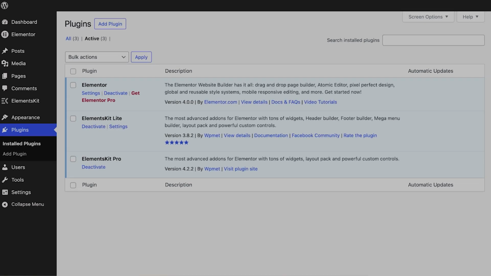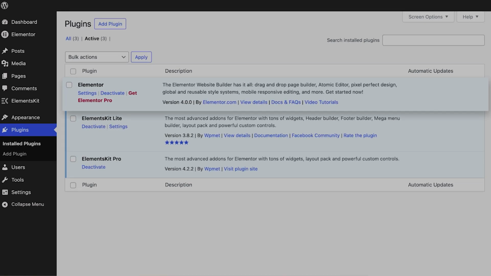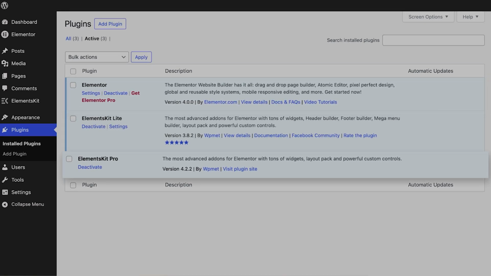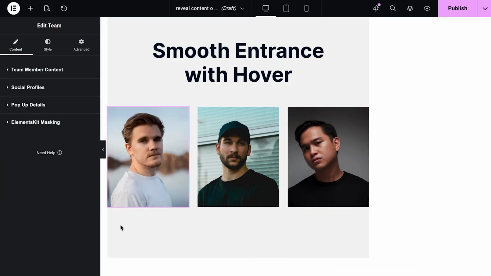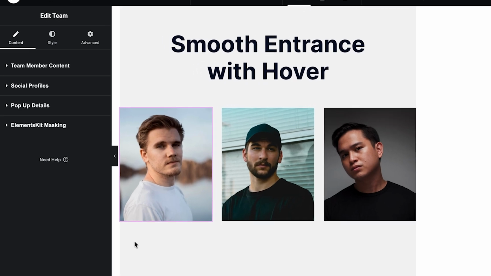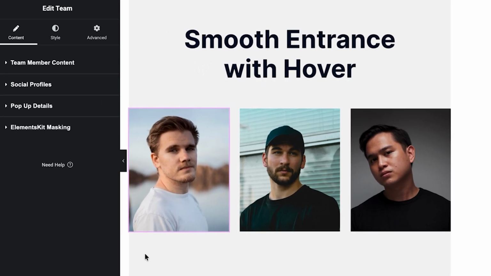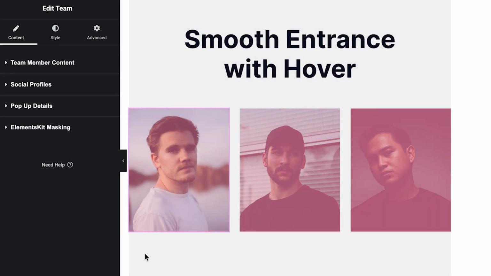Before we start, make sure you have the free version of Elementor and ElementsKit Pro installed and activated on your website. Let's dive in. Open your page in Elementor and select any element like text, an image, or a whole